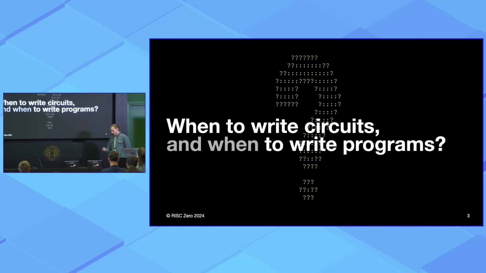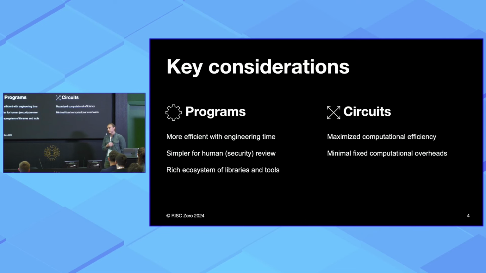So the question I want to ask, with that context set, is: when should we write circuits, and when should we write programs? By programs, I mean programs that run in a zkVM. So programs are generally more efficient with your engineering time. It's faster to implement them, which is a significant cost savings. And if you're a startup or a protocol, or really anybody trying to get your application out to the market, this matters a lot. It's simple for human review. This includes security review, meaning fewer bugs. There's often less code involved because you can use libraries that are maintained by other teams. And that results in lower maintenance costs, and also, again, fewer bugs, which is incredibly important when we talk about